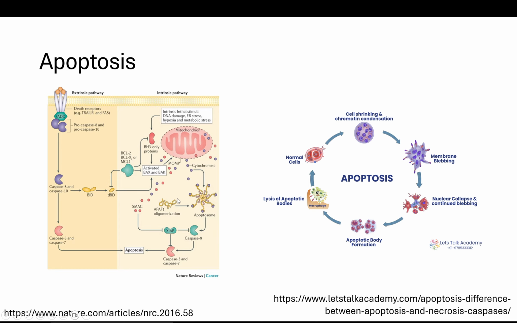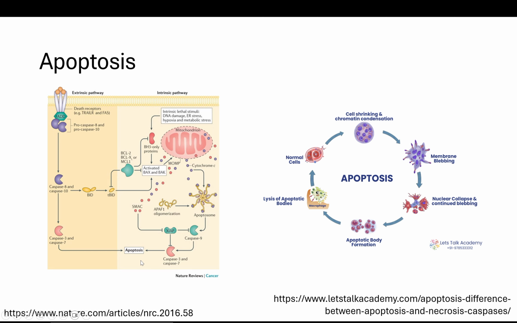Caspases are known as initiator caspases. There are certain molecules such as BCL2, BCLXL, MCL1. These molecules prevent the start of the apoptotic pathway. But if the cell can't stop the apoptosis, if it has to undergo apoptosis, then caspase 8 and 10 in case of extrinsic pathway and caspase 9 in case of intrinsic pathway, then signal effector caspases, which are caspase 3 and 7. These come later in the pathway, and these are like final signals for the cells to undergo apoptosis.